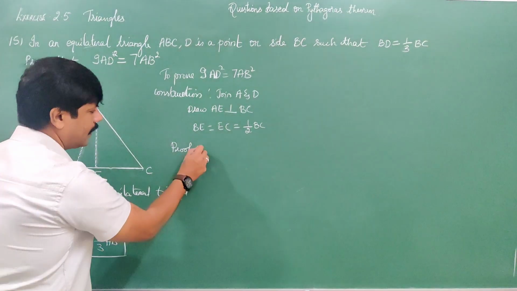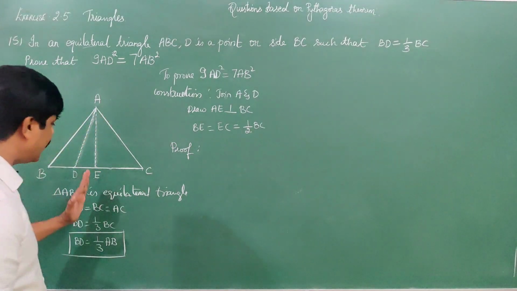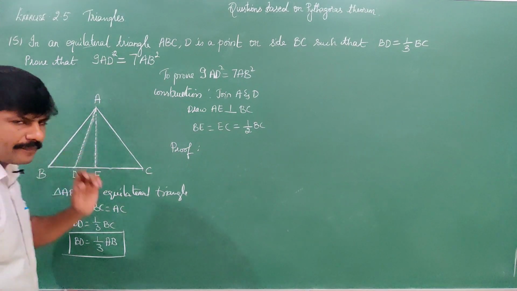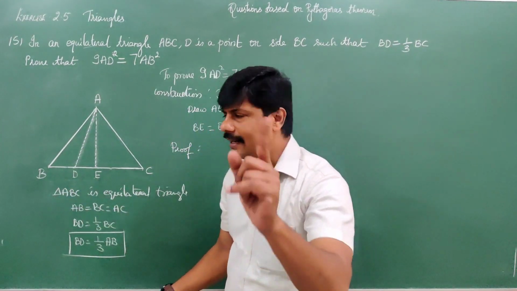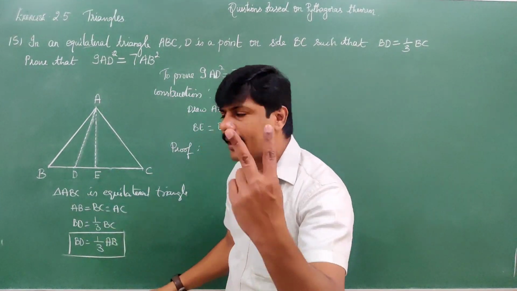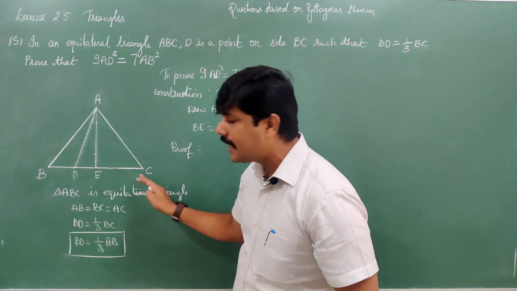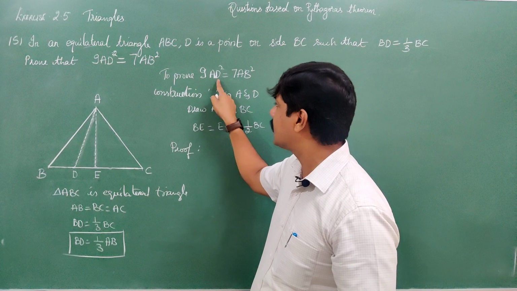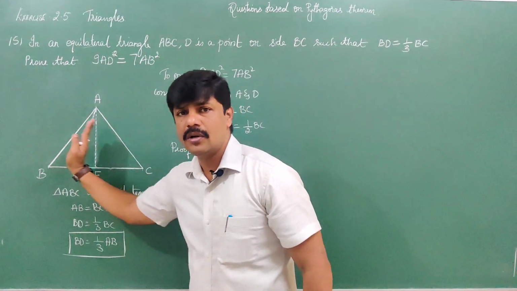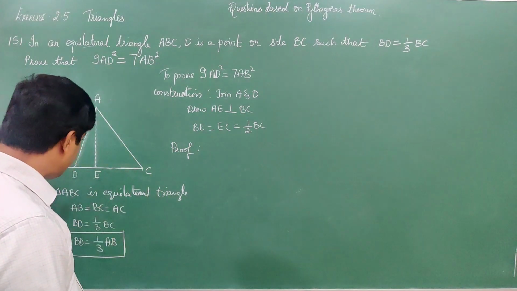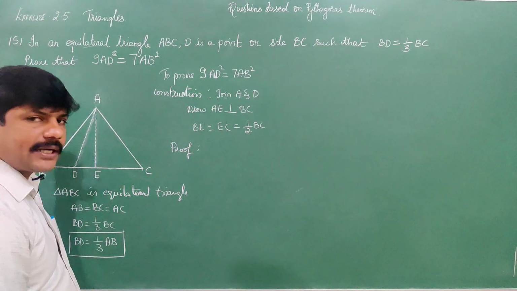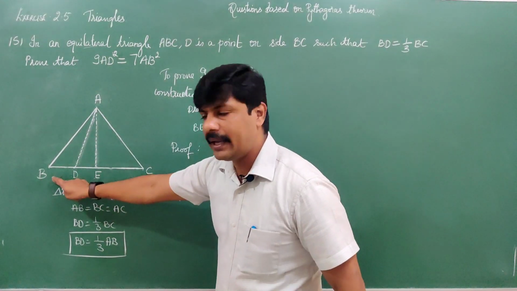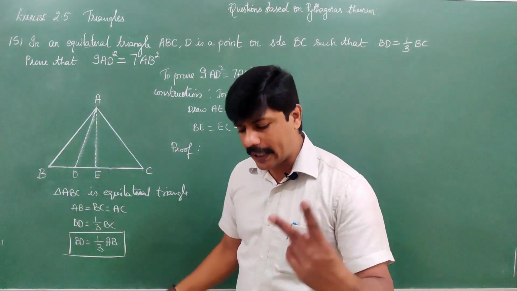After drawing perpendicular AE, if you observe, AEB, one right angle triangle, and AED, two right angle triangles are available. I am not taking AEC right angle triangle. Why, you ask? Because I need AD and AB. AD square is equal to AB square. This AD is also there on the left hand side, and AB is also on the left hand side. Therefore I am considering which triangles? AEB and AED, two right angle triangles.